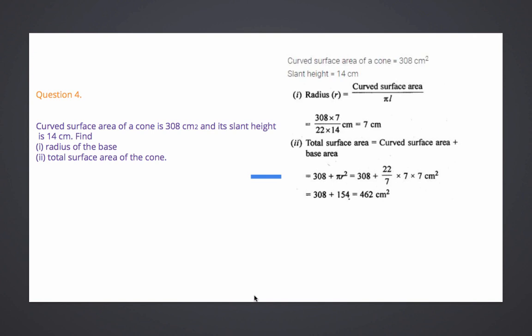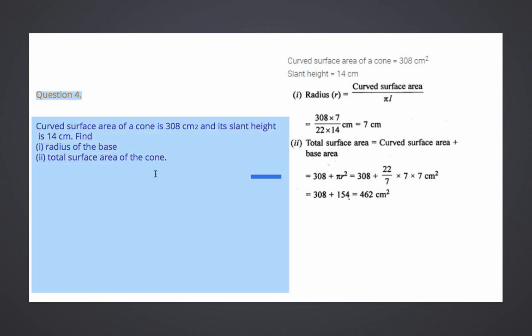Question number 2 and 3 are direct formula based questions. Curved surface area you need to find out. So pi r l is the formula. You can work out the same. So I'm starting the exercise from question number 4. Question number 2 and 3 I'm giving you as homework. Question 1 again repeating, to be done in book only. Question number 2 and 3 to be done by yourself as homework, and question number 4 is what we are starting with today.